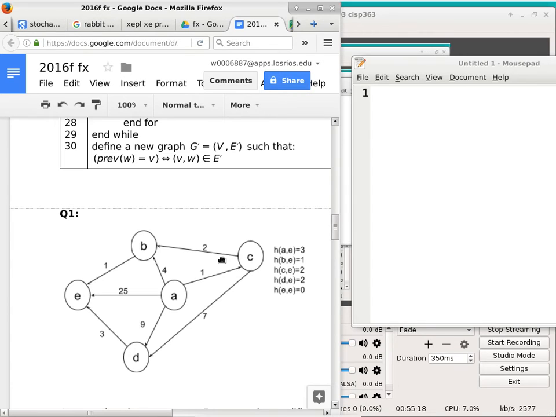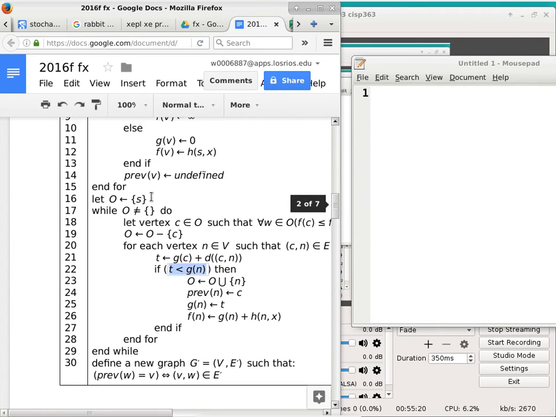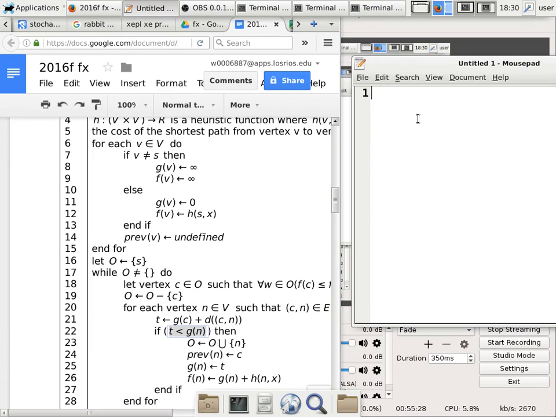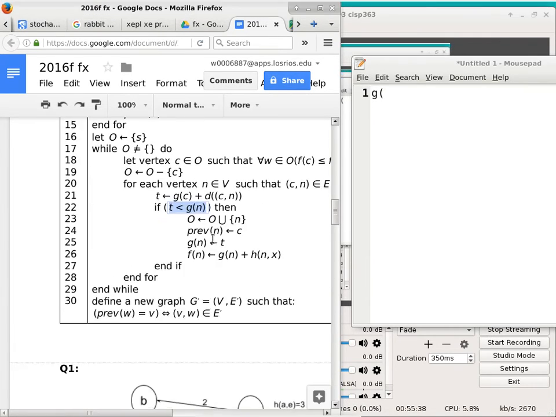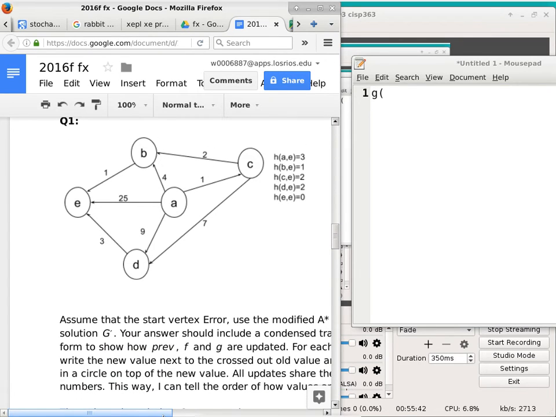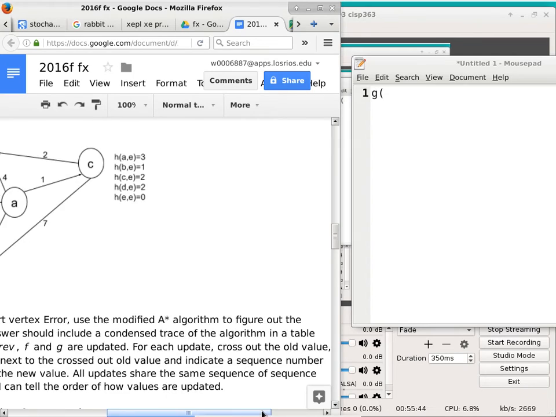All right, so we want to go through this algorithm, and I'm not going to do a line-by-line trace because that's just going to be too tedious. So what we'll do is we'll just figure out how we are initializing the G values of all the vertices, and how we are initializing all the F values of the vertices. But before we do that, we also have to know which one is the start. So according to the question, there is a designated start vertex.